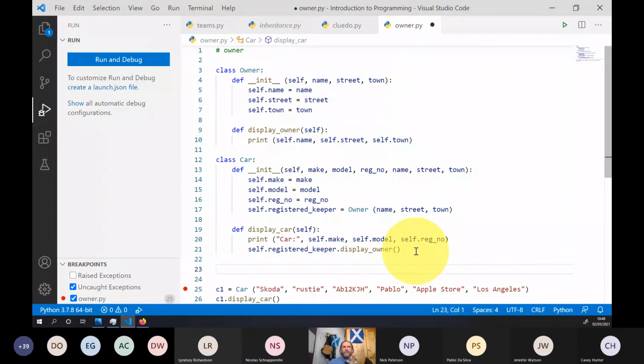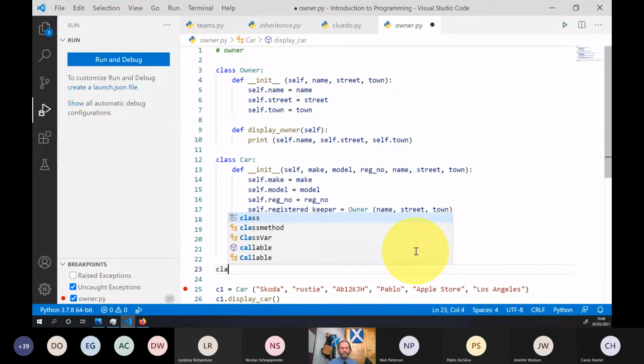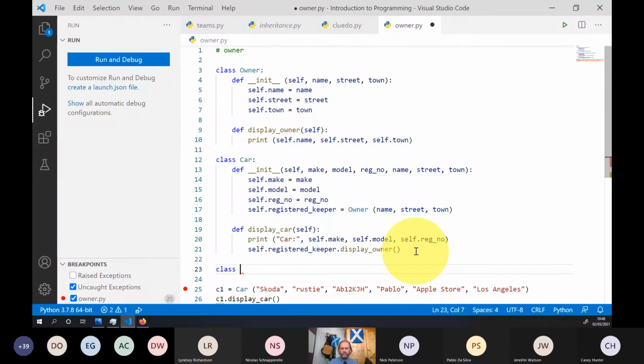What we can do, of course, is remember this is composition. So if we've created something, we can reuse it again and again. So here we have created, in essence, a database for cars. But you know who else has owners? Dogs.